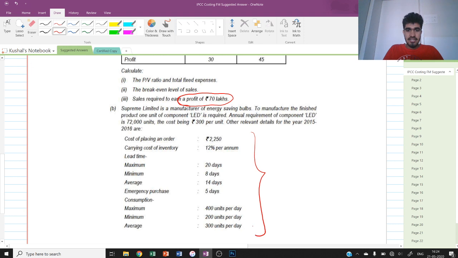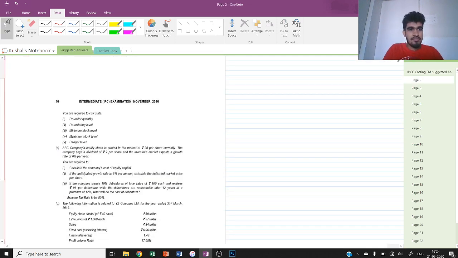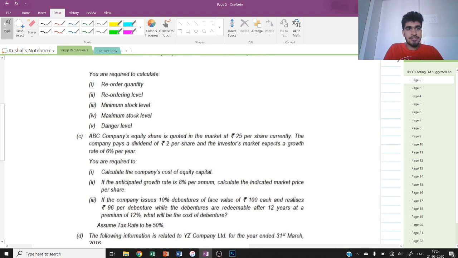The cost of placing an order is given, carrying cost is given, this is the ordering cost, this is the carrying cost. Then the lead time is given, maximum, minimum, average, and emergency lead time is given. And finally, the maximum, minimum, as well as the average consumption is also given. Okay, we are required to calculate ROQ, that is reorder quantity, ROL, reorder level, minimum stock level, maximum stock level,